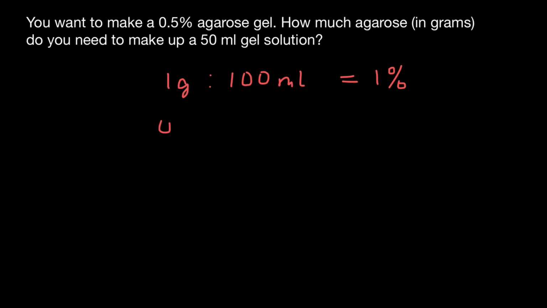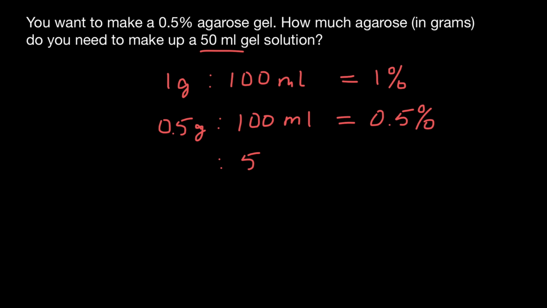So we take 0.5 grams and 100 milliliters of water, and we are going to get 0.5%. But the question is, we need 50 milliliters. Okay, so we put 50 milliliters here. And what number should we put here in order for it to be